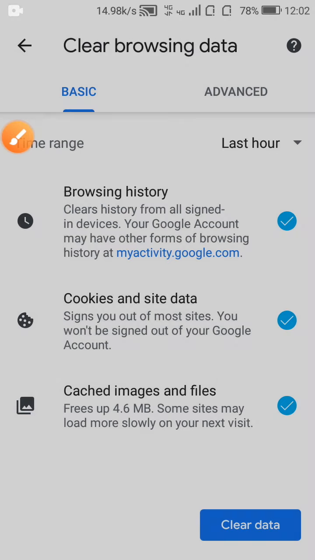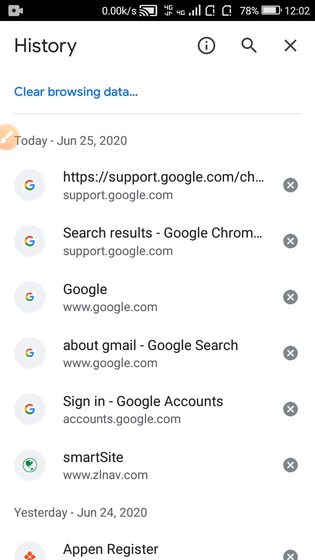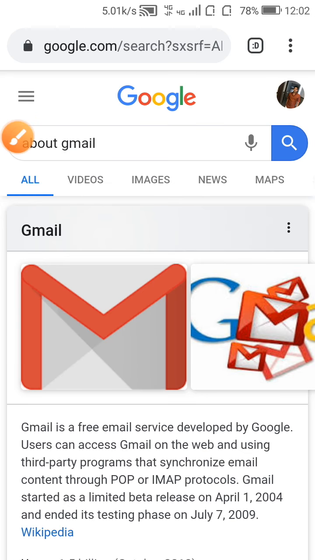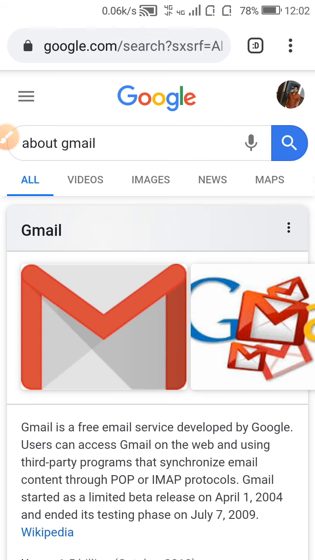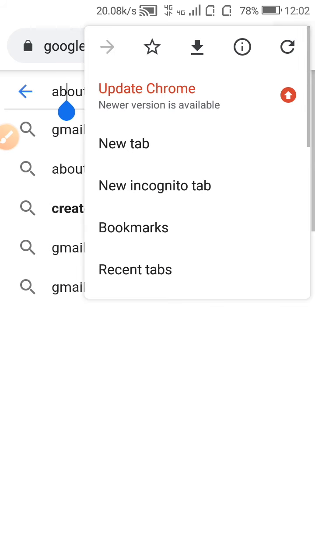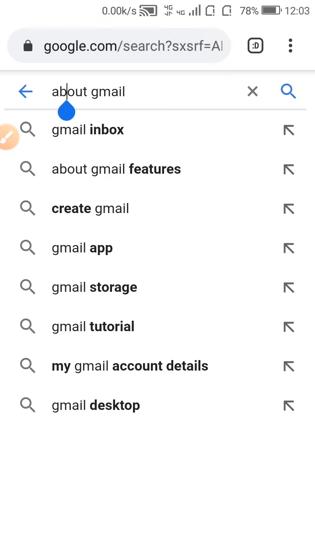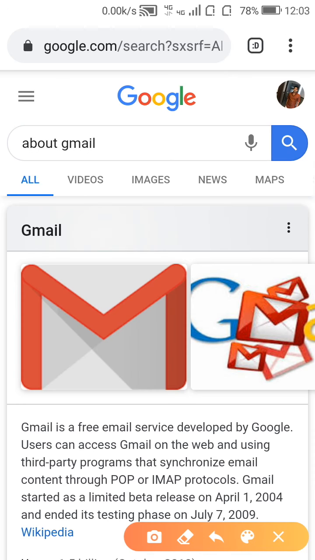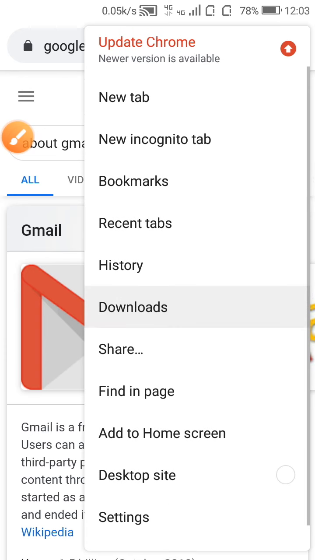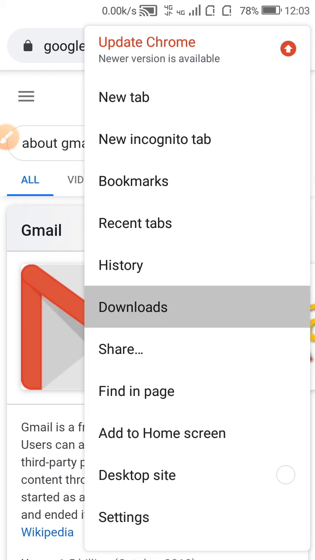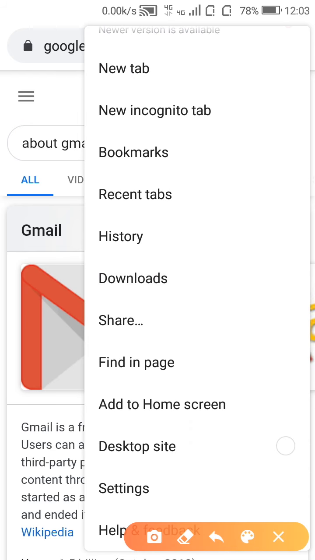It will save our MB. So back. So click here and then downloads.